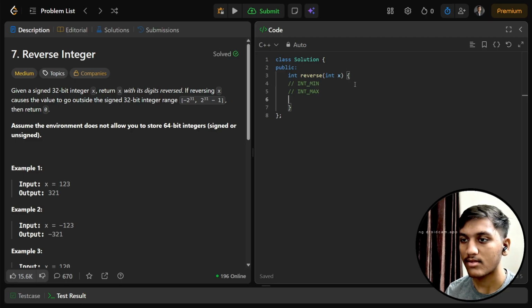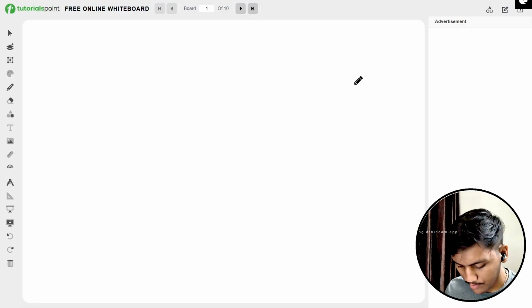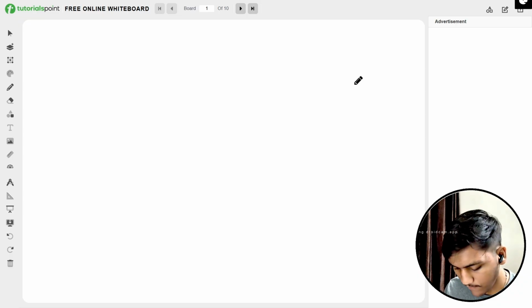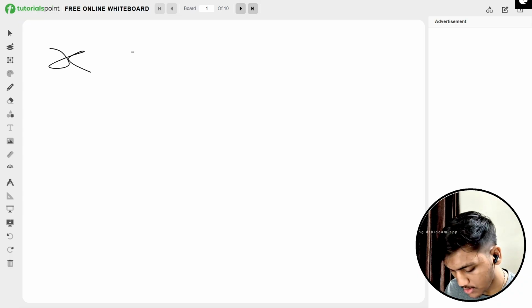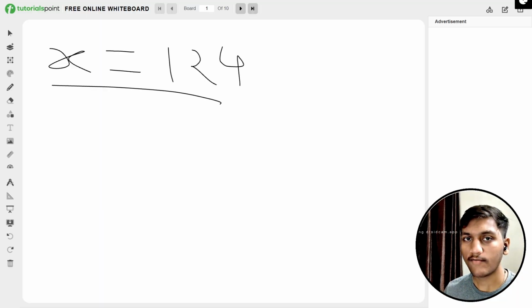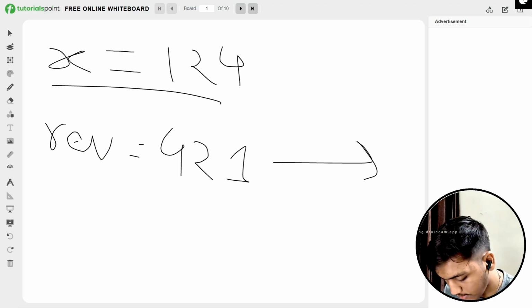So let's start with the logic. For the logic, let me open the whiteboard. What kind of logic are we going to use now? If we have an integer x, let's say a random 1, 2, 4, and we want the integer reverse, which is equal to 4, 2, 1, and we have to give this output